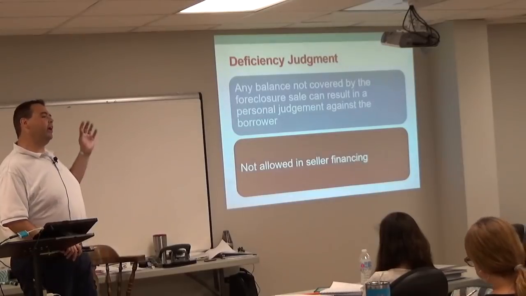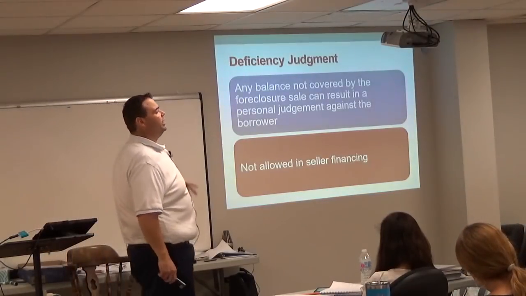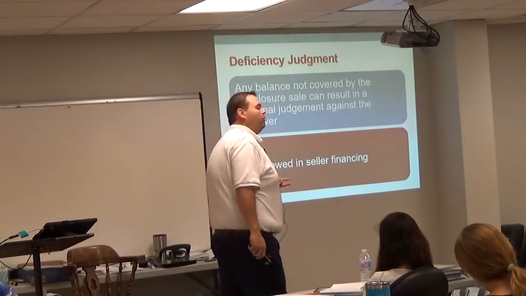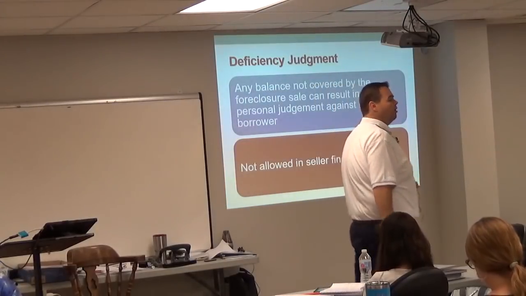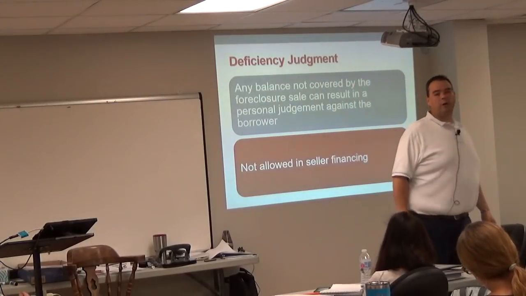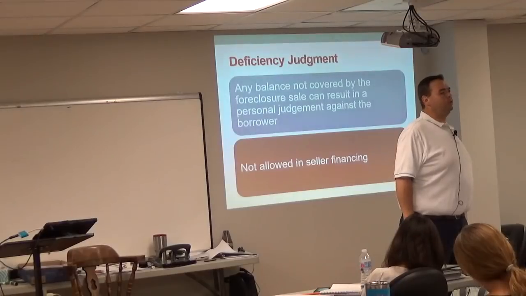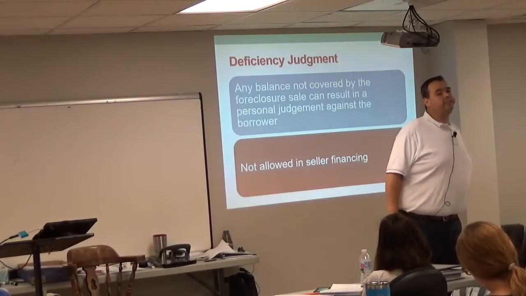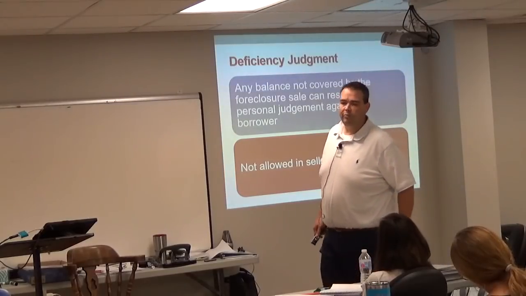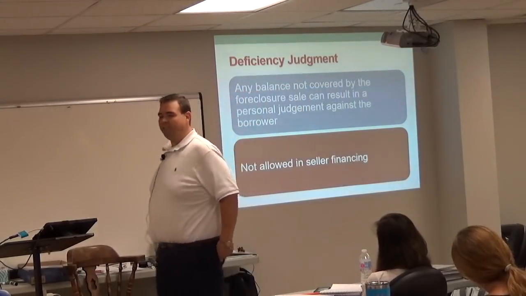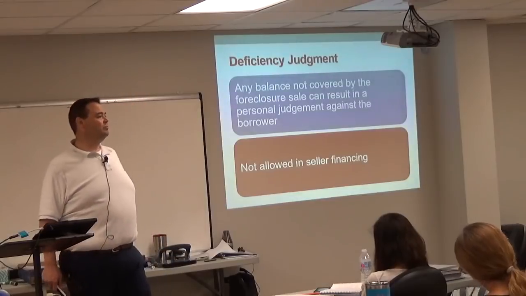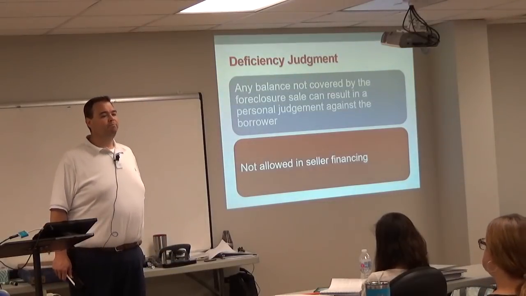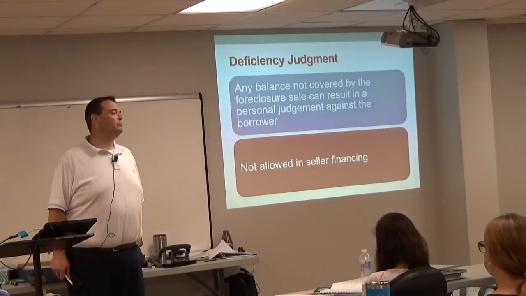So be very careful about that on the test. You can't always just chalk it up and say, oh well, the lender took this much of a loss. Well, not necessarily, because they probably got a deficiency judgment for it, which means they're probably going to see eventually at least some of that money. The reason I say some of that money is that what most of the big banks do now is sell the deficiency judgments to debt collectors for pennies on the dollar.